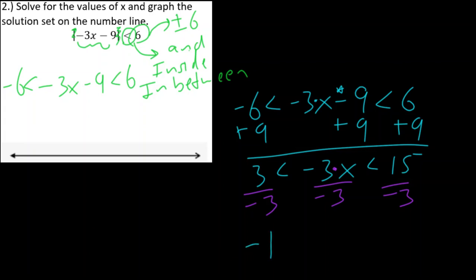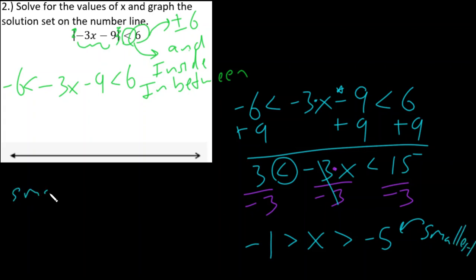Whenever I divide by a negative, what happens to my inequality? My inequality has to flip from less than to greater than. So we say negative 1 is greater than x, which must be greater than 15 divided by negative 3 is negative 5. Now, notice that negative 5 is actually the smallest number. Because we always want to order things from smallest to largest in math, let's take everything we see here and we're just going to completely